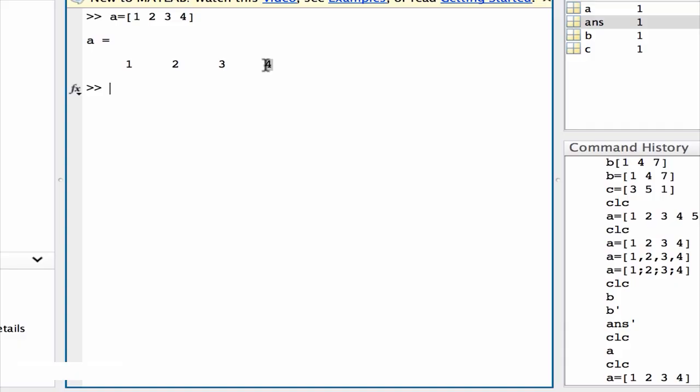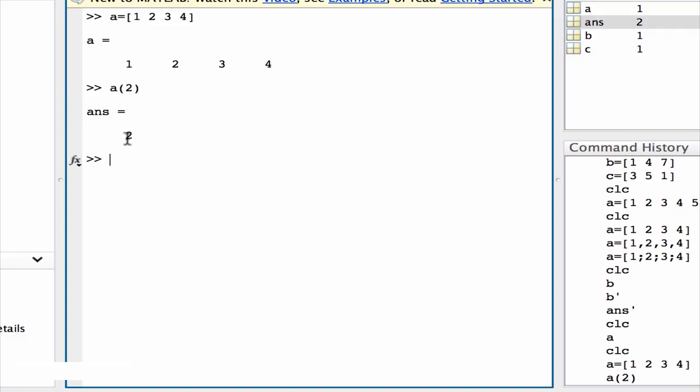One way is, you look at it and say, okay, it was the second item, so 1, 2, it is 2. But what if I wanted to extract it and do some calculation on it? I do have like 10 cars and I want to compare only the speed of these cars together. So what we can do is extract each car's speed and then compare them together, or do some statistical analysis on them. The way that we can extract an item out of a vector is to type the name of the vector and open parentheses, 2, close parentheses. So it's going to extract the second item of this vector,